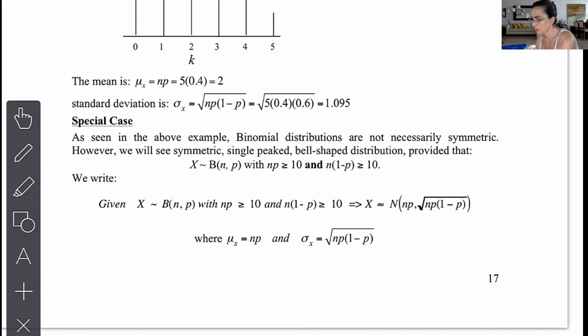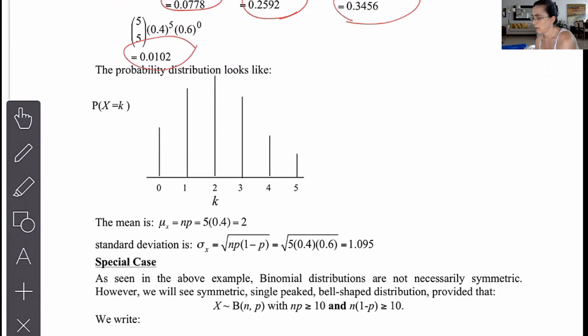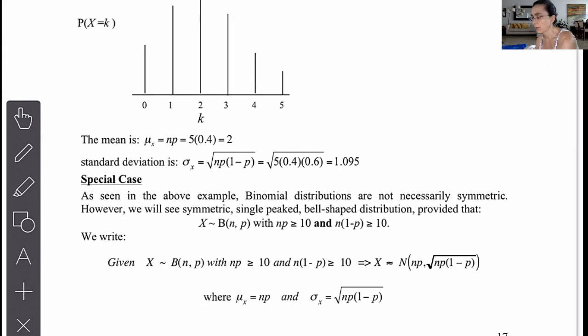So this distribution is not symmetric, but we can calculate its mean and standard deviation. Could come in handy. It's a nice way to represent the distribution. But we're more interested in binomial distributions that are symmetric. And it turns out, without deriving it, you're just going to trust me, that the binomial distributions that are symmetric, as I mentioned to you, are when p equals 0.5,